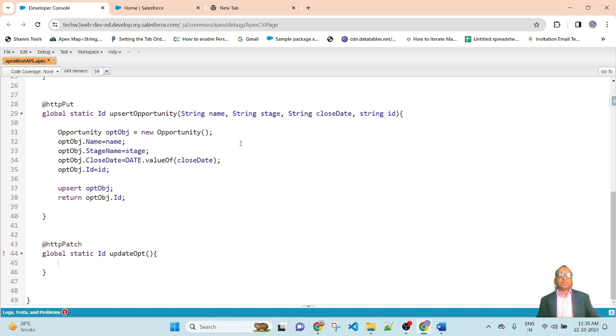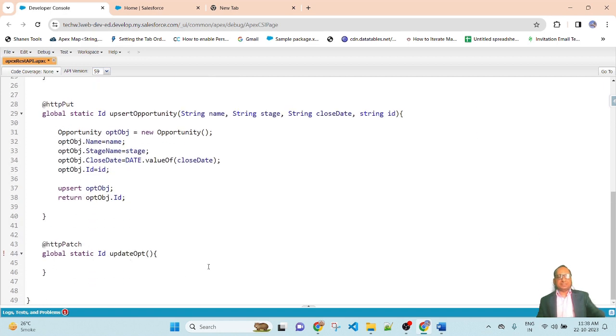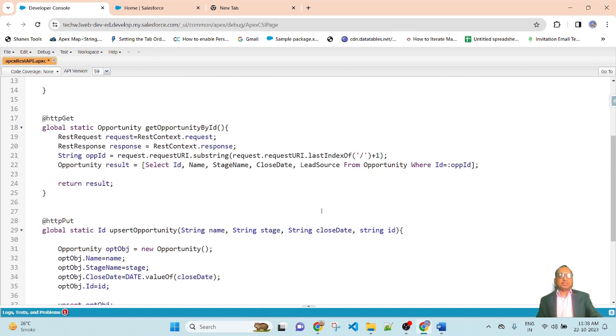In the previous lesson we already created the RestRequest. In @HttpGet, I already have a RestRequest. Copy the RestRequest from here and paste it here. After that, we will get the record ID of the opportunity.